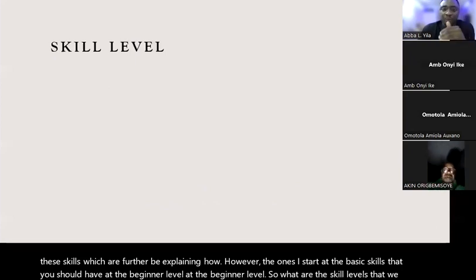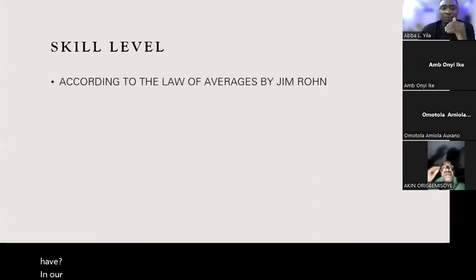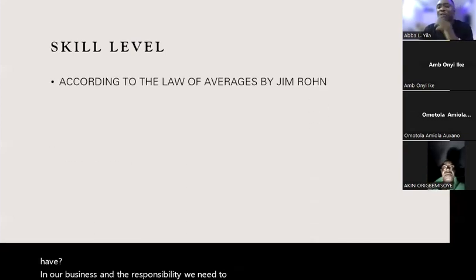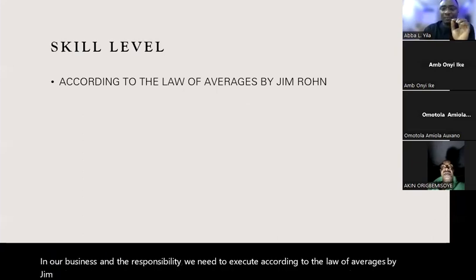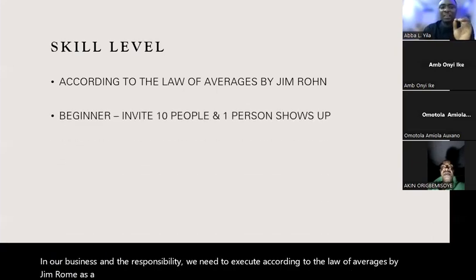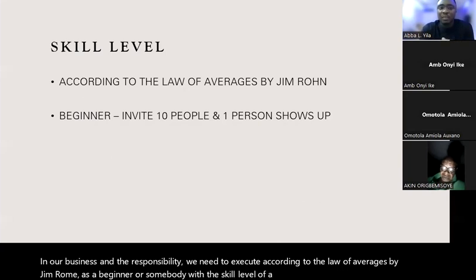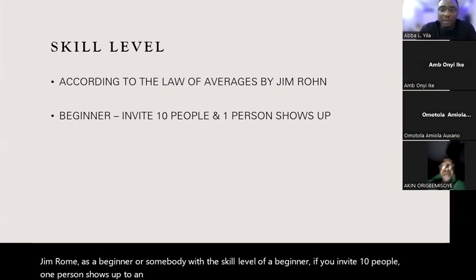So what are the skill levels that we have in our business and the responsibility we need to execute? According to the law of averages by Jim Rohn, as a beginner, or somebody with the skill level of a beginner, if you invite 10 people, 1 person shows up to an event. Remember, as a beginner, out of these 7 tasks,